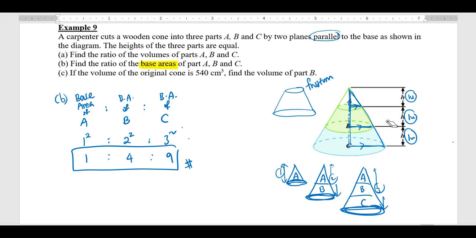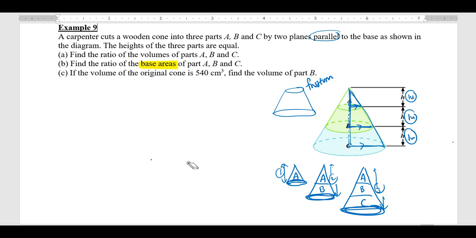Now let's look at part C. For part C, they mention the volume of the entire cone to be 540 cm³, and later they want us to find just the portion of the frustum for part B. So regarding volume, we have actually already found something from part A. So let's make use of part A to help us in part C. The volume of A is to the volume of B is to the volume of C is bound to be